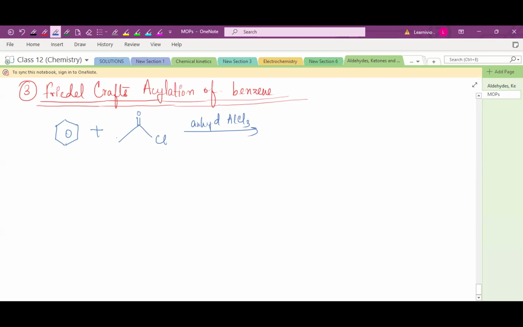Okay, so what is R group over here? So R is your methyl group, CH3CO group. So what happens? This chlorine will be removed from here, and you have to attach this RCO group to the benzene ring. So you will get acylation done over here, and you will get this one benzene